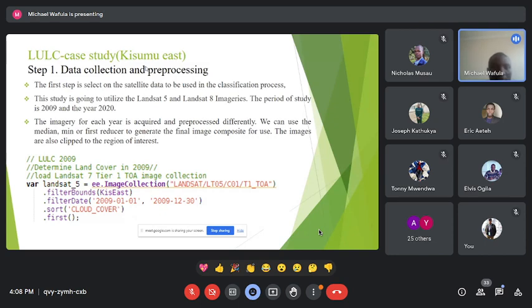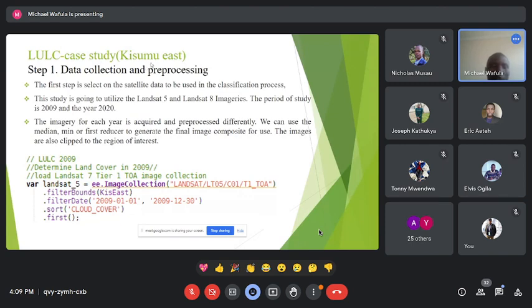After doing the pre-processing, for example, for this study, I used Landsat 5 because I was doing some kind of time series analysis where I want to assess how land cover for Kisumu East has changed since 2009 all the way to 2022. So from this side, first of all, you have to collect